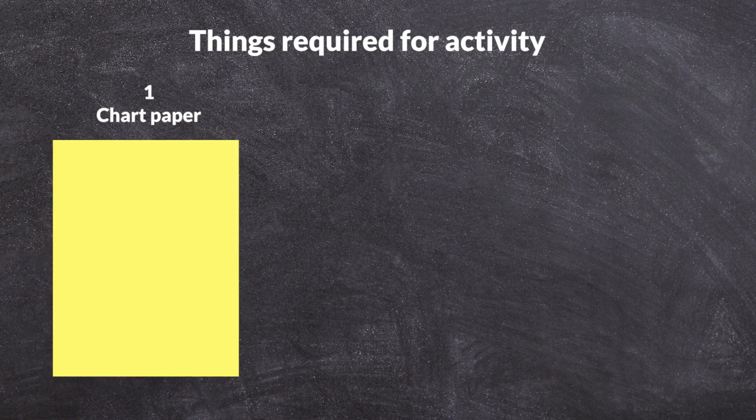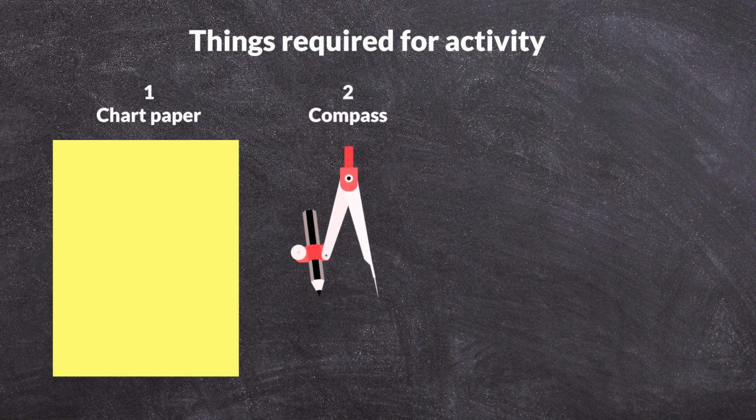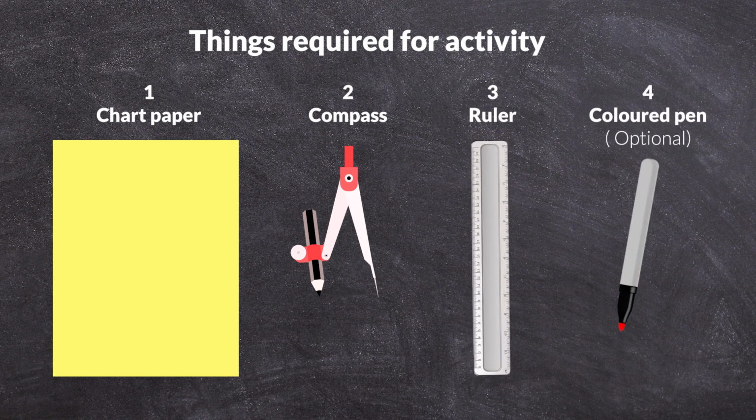So note down the things that you will be requiring to do this activity. Number 1, a blank sheet of paper. You can take a colored sheet or a blank sheet, both are fine. Number 2, you will be requiring your compass and pencil. Then number 3 will be a ruler. Number 4 can be a sketch pen or a marker pen, but it is absolutely optional. And these are the only things that you will be requiring today to do this activity. So shall we start and let's see how we can prove the opposite angles of a quadrilateral are equal.